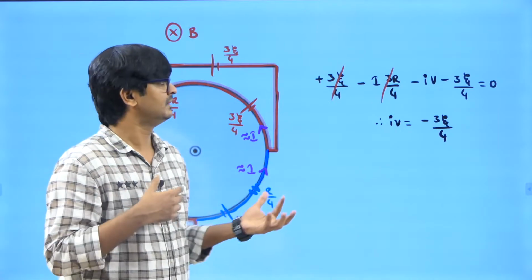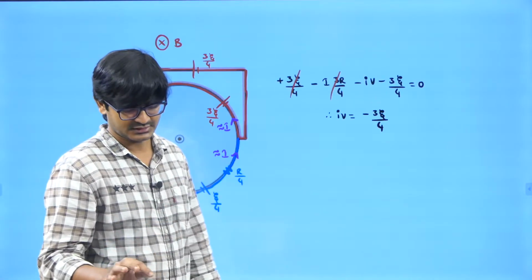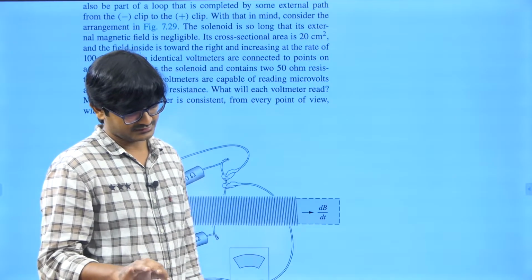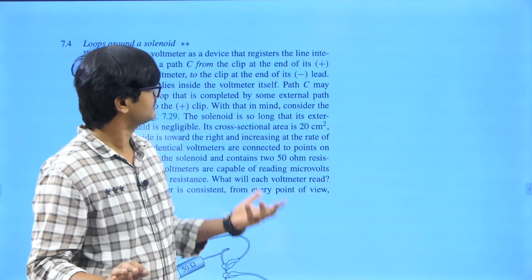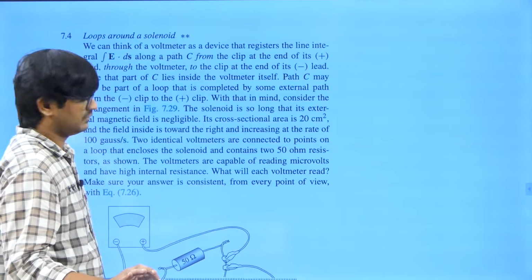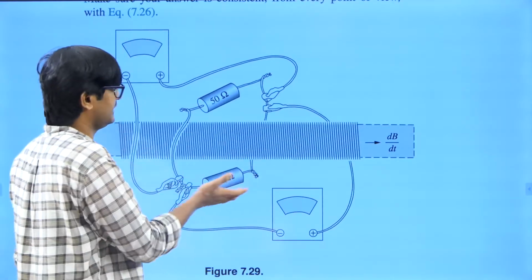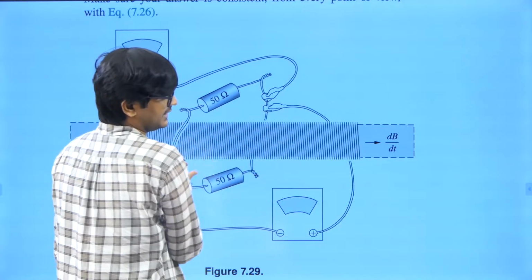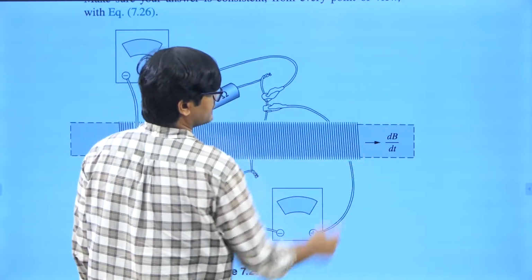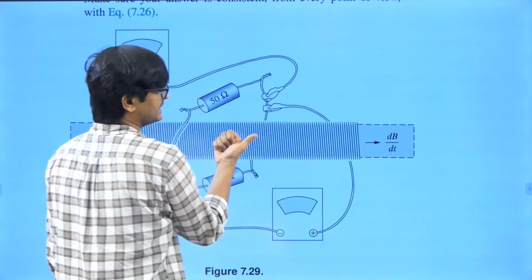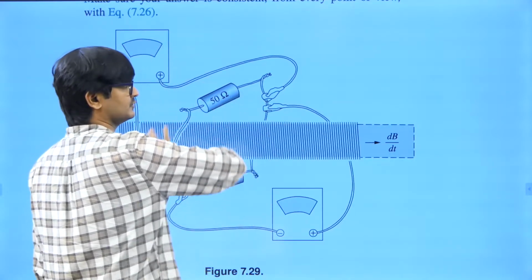If you want to see higher potential and lower potential in a much better way, you can look at the next example. In this next example, you can read the question by yourself, but I can say what is happening. There is a solenoid and there is a time varying current, so the magnetic field will be varying with current, and it is increasing. If the magnetic field is increasing, then the induced electric field will try to push the